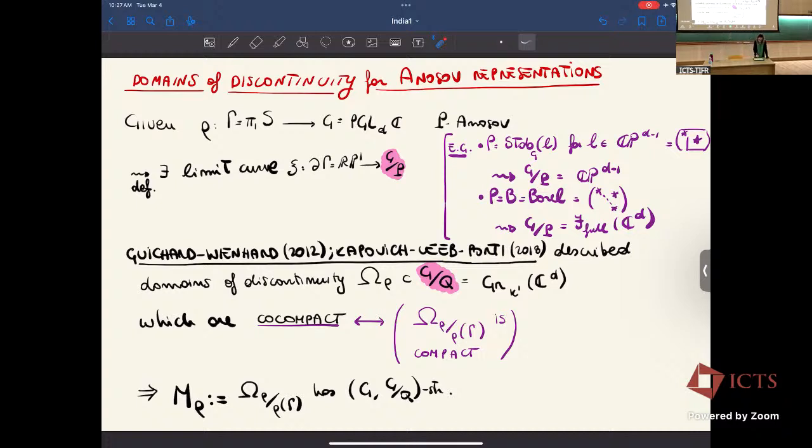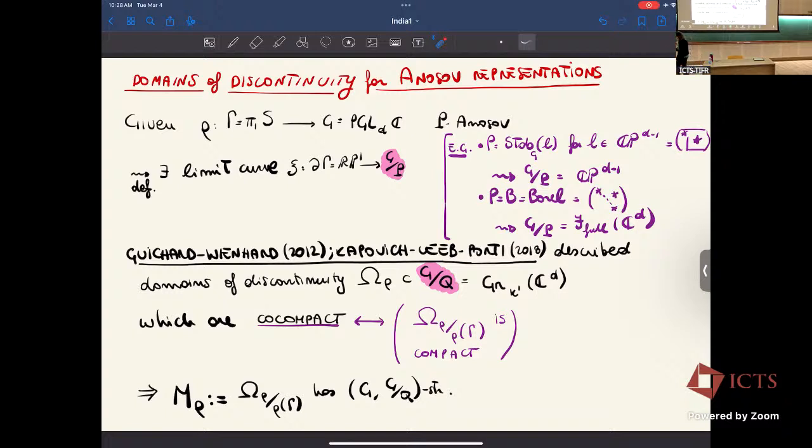So these domains of discontinuity, or this quotient, by the way they are defined, have a geometric structure. They are GX, where X is this partial flag space. So here I have been general, like I said: you land in some P and you might change to some Q. So there are ways to choose the Q.